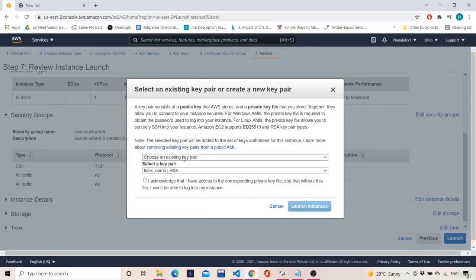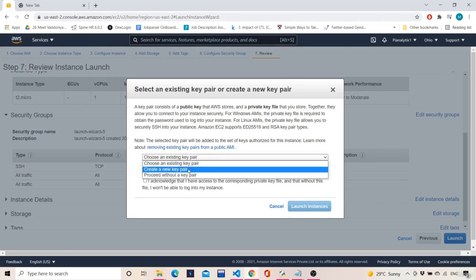Now this is very interesting. As I said in the previous video, you need a key value pair so that two computers can communicate with each other. Why do we need a key value pair? So that the other computer can know that this computer has been authenticated by my service provider, who is providing the Amazon services. He has authenticated that the XYZ computer is secured, so I can communicate with it. That is the reason why we have to generate a key pair.